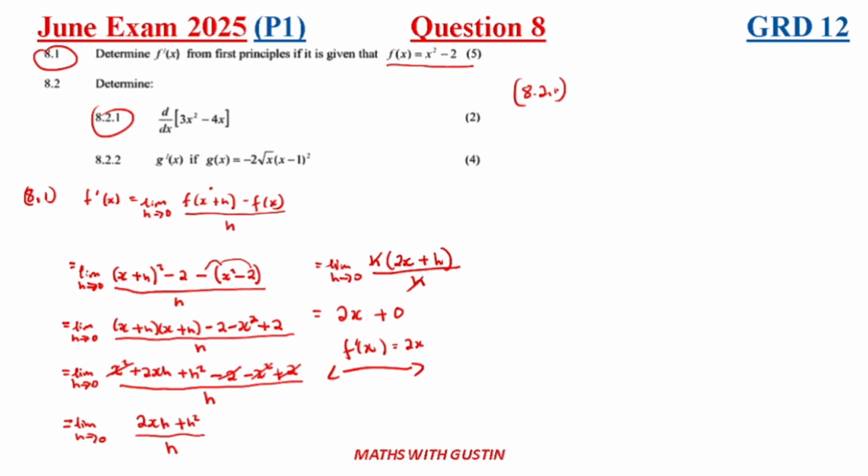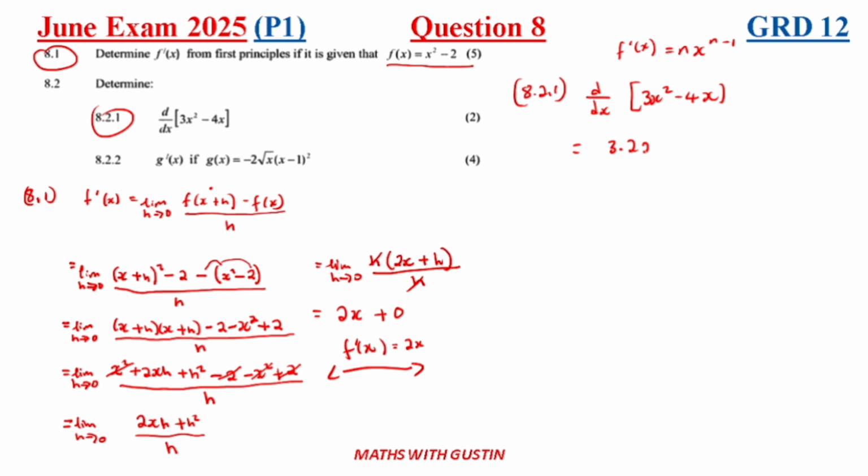8.2.1, they are asking us to take a derivative. They want us to find d by dx of 3x squared minus 4x. Here we can take the derivative straight away because this question is already simplified. Remember, you drop the exponent, then minus 1 from that exponent when you take the derivative. So we drop the exponent, which is 3 times 2, and then we minus 1 from the exponent,